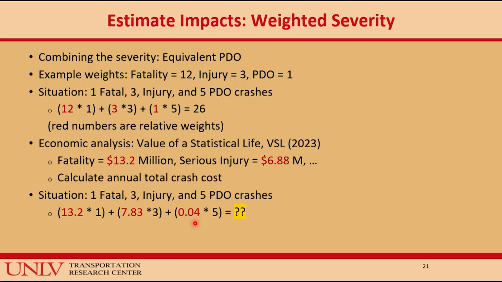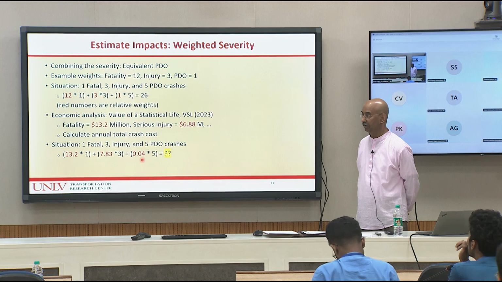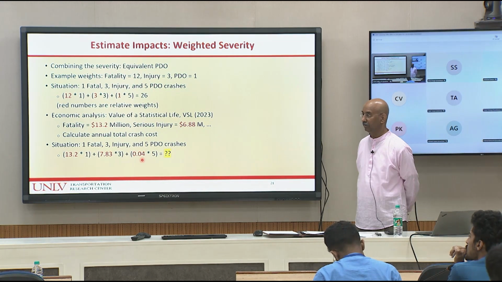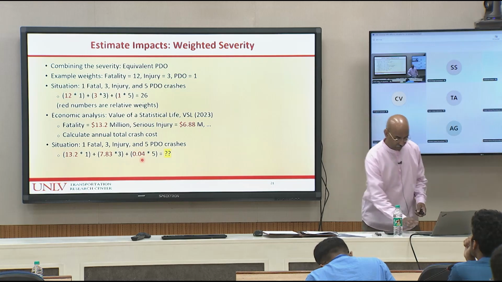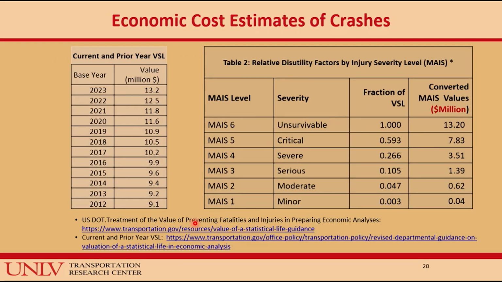That's just to illustrate how you can combine these to come up with a common way of quantifying the impact of crashes. Yes? In this, severity means the serious injury cases versus fatality, so they have about half the weightage. Yes, so the weightage is 0.59. This comes from statistical and actuarial analysis. All we need to know is the fatality value, and then using these ratios you can come up with the other numbers.